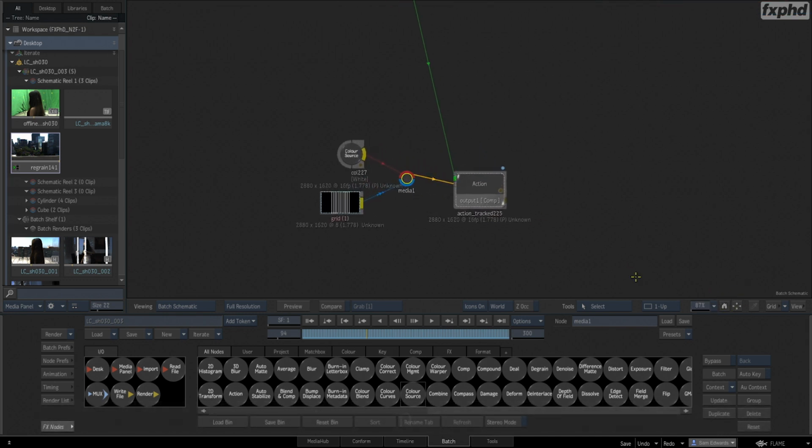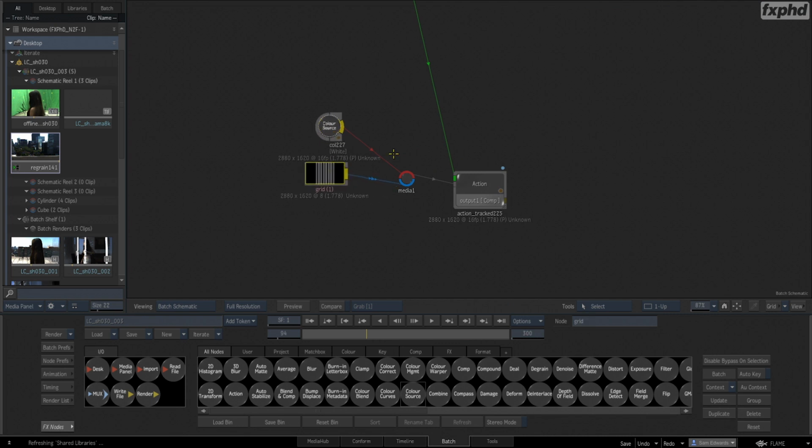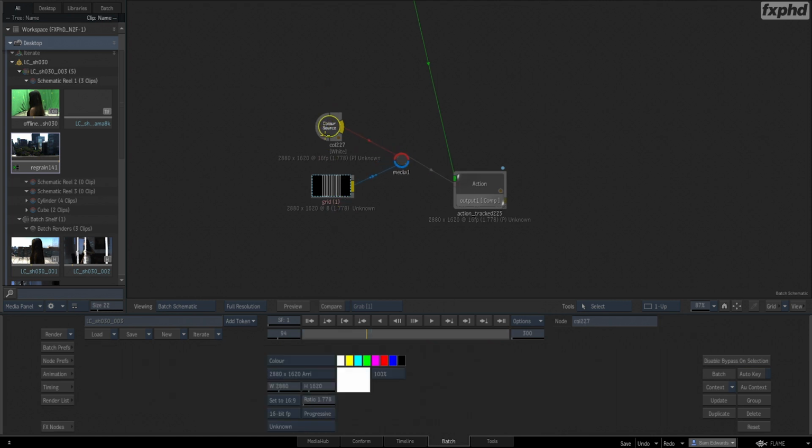Now notice real quickly, because this will bite you later, that there's no red dot here, which means that these two things go together. And in the current version of Flame, one of them's 8-bit and one's 16-bit, but Action is able to deal with that. Older versions of Action, that was not the case. They used to have to be not only the same resolution, but the same bit depth. If this color source, though,